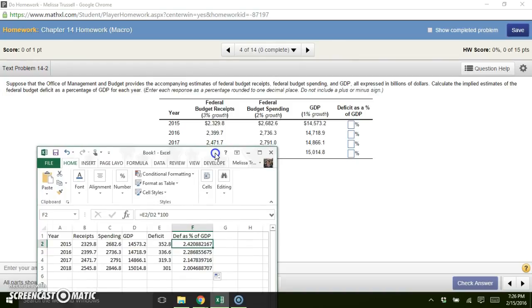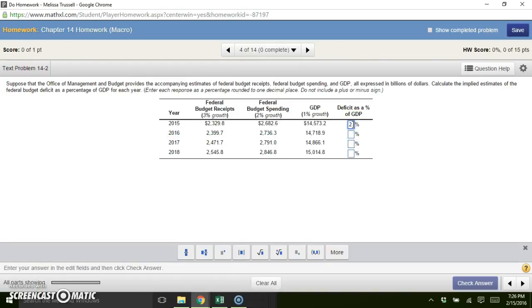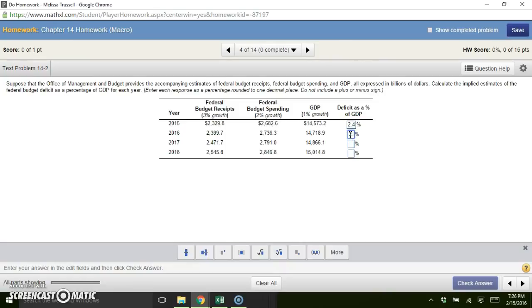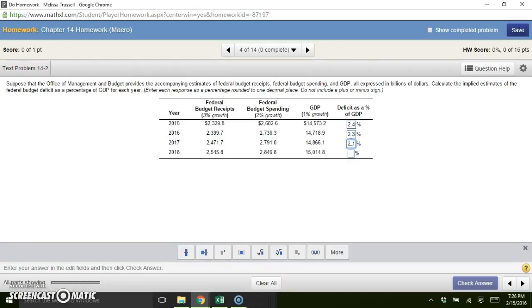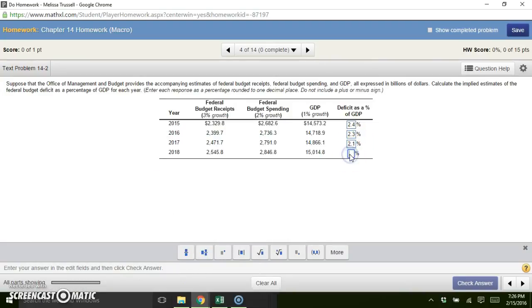It says to round to 1 decimal place. So the first one is 2.42, so I'm going to put in 2.4. And the second one is 2.28, so I'm going to put in 2.3. The third one is 2.14, so I'll put in 2.1. And the last one, 2018, is 2.0, so I'll just put in a 2.0 here. And check our answer,